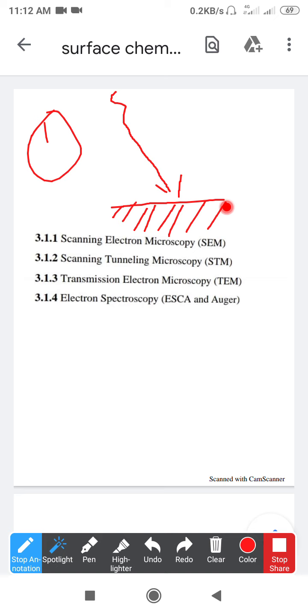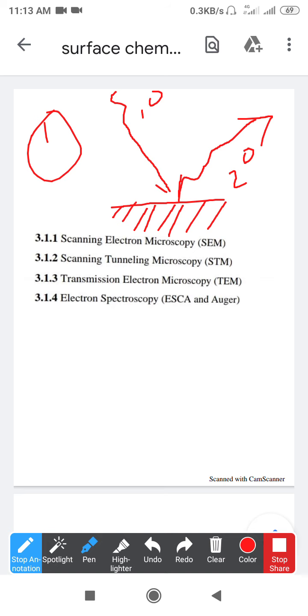So that might be here, here, here, or here. It depends upon what basic information we are going to require. This is just an outlook of what basic information we can get from the solids. We incident one primary beam, and then a secondary beam is emitted. This is our primary beam, and this is the secondary.